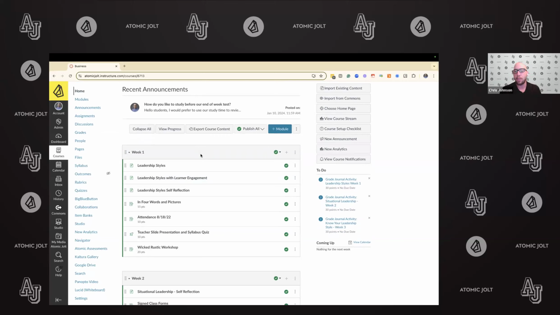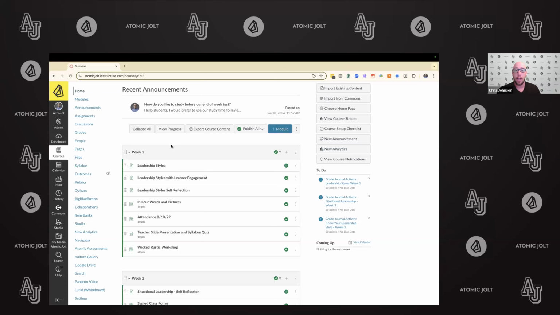I find that if you're creating a discussion, it's almost better to create a graded Canvas discussion. Atomic discussions is a little bit more for just low stakes interactions between students. But certainly with atomic polls, you can embed it into an assignment to utilize that for attendance, or to capture their feedback. Or if you wanted to just do a quick poll as a quiz, you certainly could do that.